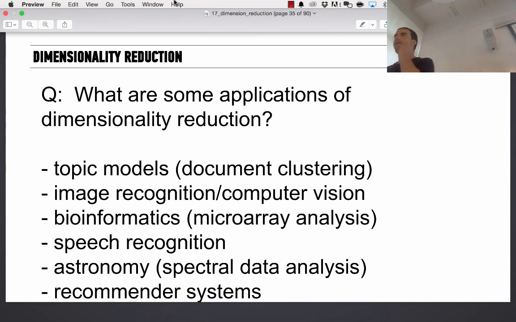Do Siri and Dragon Speak really use dimension reduction? I'm sure they do. Is that what it's called, voice recognition software? Very likely. And the way they probably do it, I've never worked for them, is that the voice goes in and it's saved as a file, and then it's broken down into its principal components. And it says, okay, if these components exist, he's saying this word. If these components exist, he's saying that word.